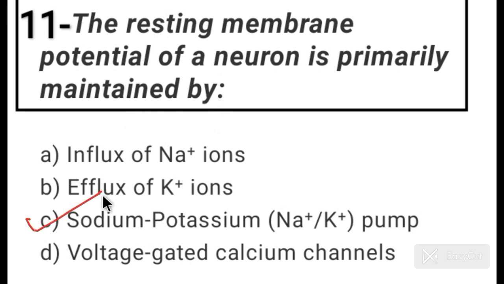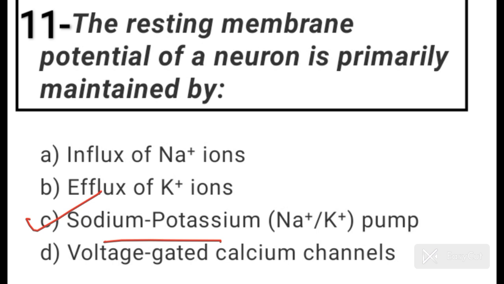Answer is option C. Sodium-potassium pump. Sodium-potassium pump is a mechanism in cells that helps maintain the balance of sodium and potassium ions inside and outside the cell. It works by pumping 3 sodium ions out of the cell and pumping 2 potassium ions into the cell. This process requires energy and helps keep the cell's environment stable, which is important for functions like nerve signals